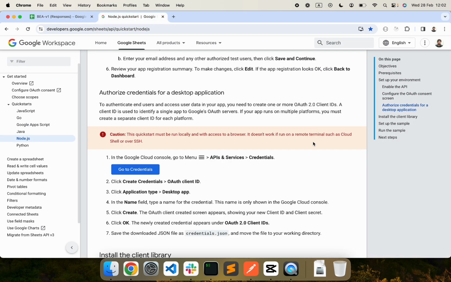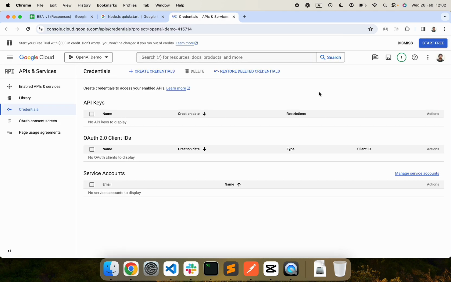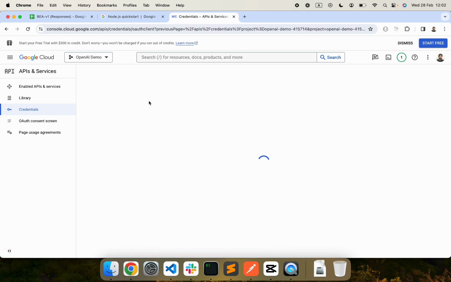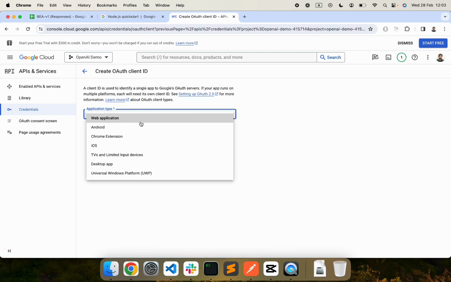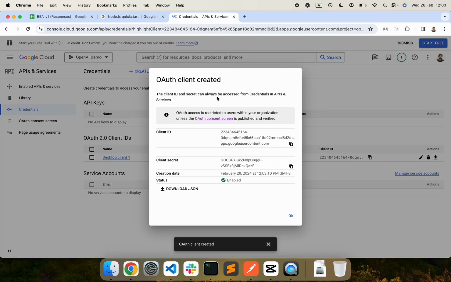Alright, so next we have to generate some credentials for authorization for our application. So let's just go ahead and click on go to credentials. From there, we are gonna click on create credentials and we're gonna choose OAuth client ID, the second option of this drop down. Here on application type, we're gonna choose desktop app. Let's just keep this default name right here. Click on create, and then this pop-up will show up where we are given the choice of downloading the credential as a JSON, which is what we're gonna do. We're gonna click on download JSON,